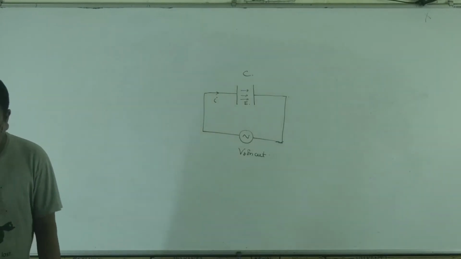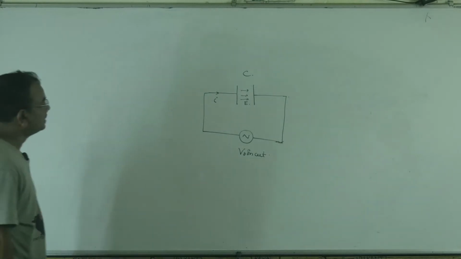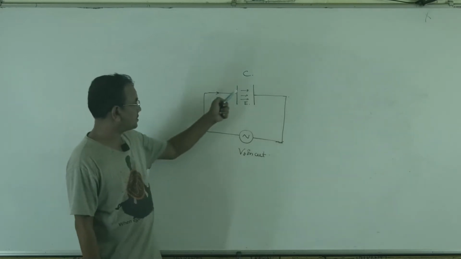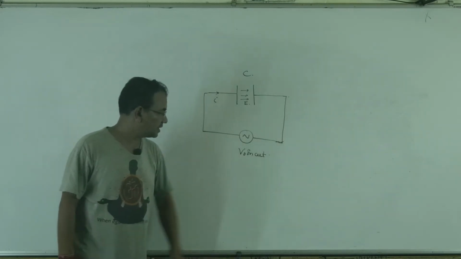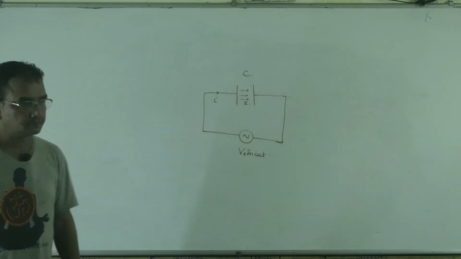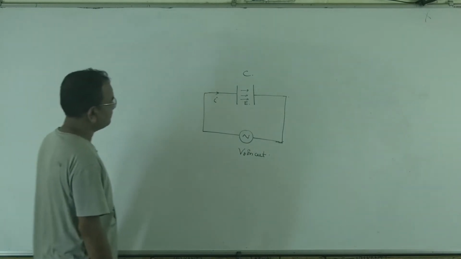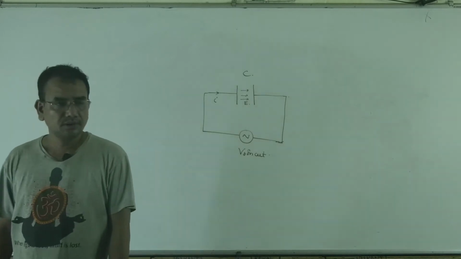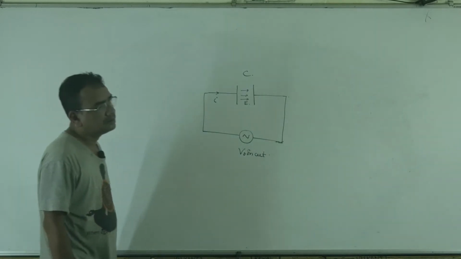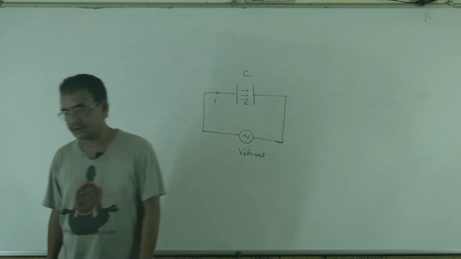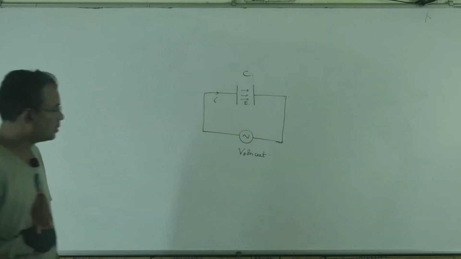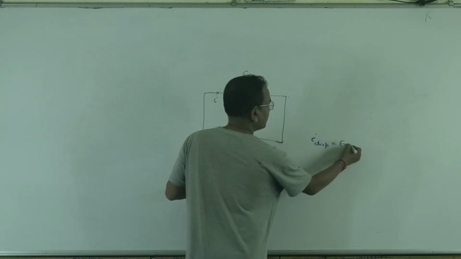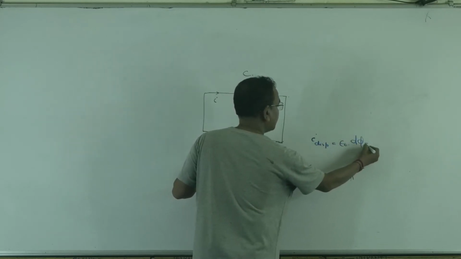This question is based on alternating current. A capacitor is connected to an AC source V0 sin omega t. The question asks to find the displacement current between the plates of the capacitor. The changing electric field behaves as a displacement current. It is known to you, the displacement current is written as epsilon into d phi E by dt, the rate of